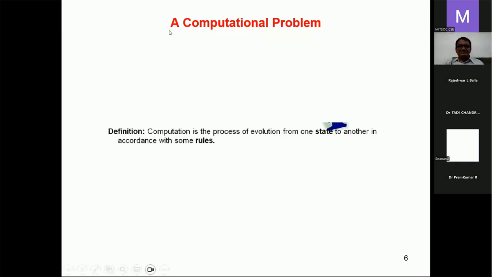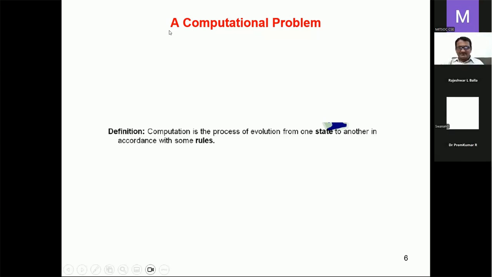Actually, I'm not able to see your name on the screen. That's why I'm asking your name. Very good answer. Dr. Prem Kumar from Jain University. Dr. Prem Kumar, a single memory shared by how many processors? Single processor, right? So in von Neumann architecture, there is sequential execution of instructions, and one instruction is executed at one time because there is only one processor. Very good. So that is what I want you all to understand, what is von Neumann architecture.